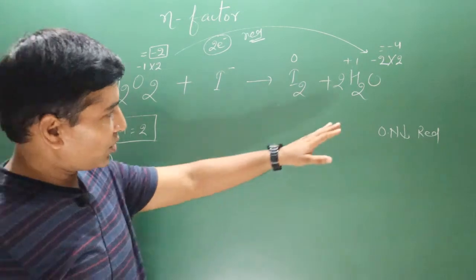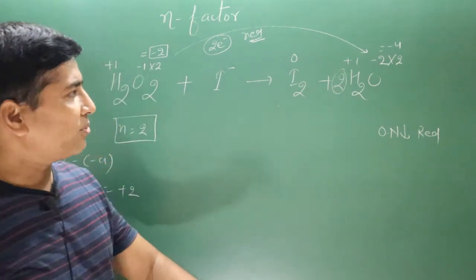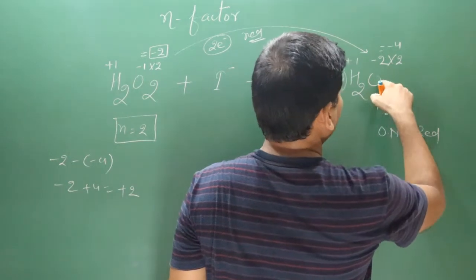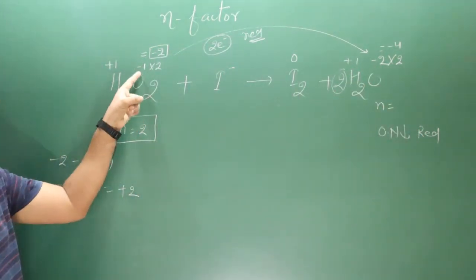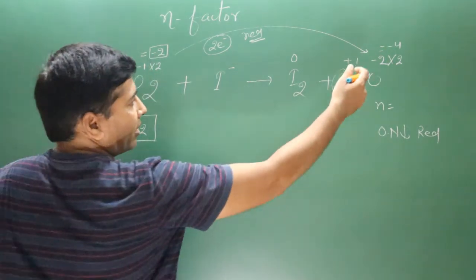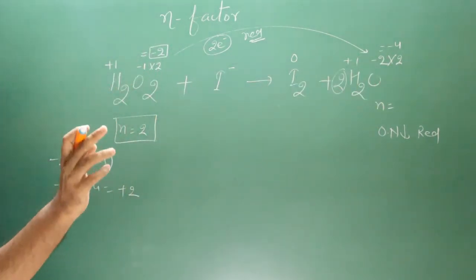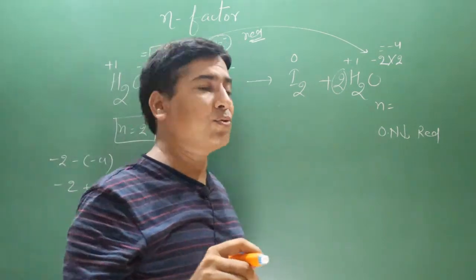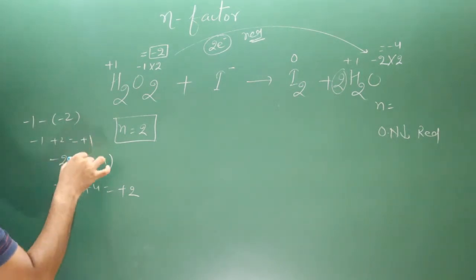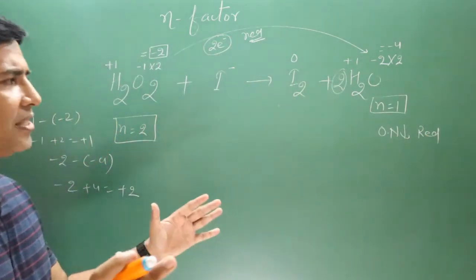Okay, other side only one water molecule is there. Okay, I do not focus on this coefficient. Only one water molecule, only one oxygen. For only one oxygen we are going to calculate n factor value. One oxygen is minus 2, on other side one oxygen is minus 1. Peroxide, one oxygen is minus 1, 2 oxygen is minus 2. Okay, so right side we have one oxygen minus 2, and left side we have one oxygen minus 1. Difference is minus 1 minus minus 2. Okay, minus 1 plus 2 is equal to plus 1. Then we get n factor value will be 1. Very simple and interesting concept is there.